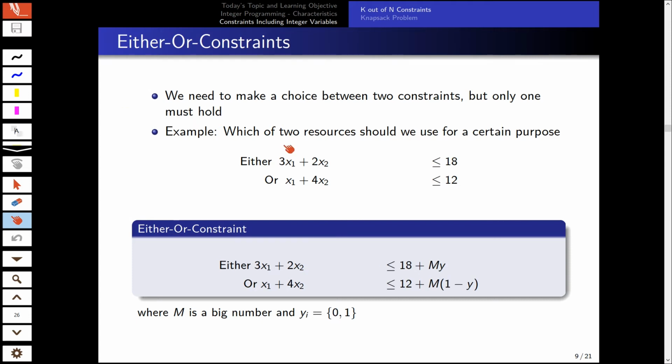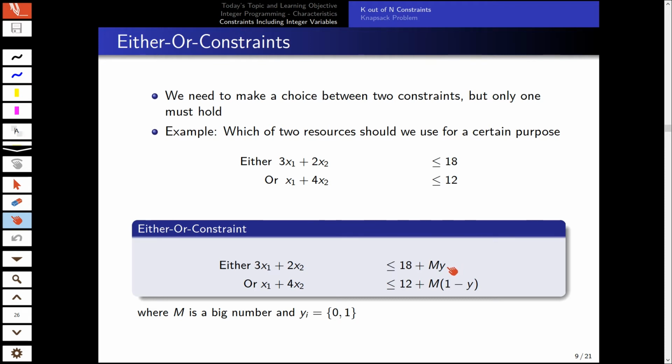For this example, we take the third plant and the second plant of our Wyndor Glass example. And now we want to impose that just one of these two holds and the other one is free for another purpose. So we can do this by modifying the right-hand side and adding a new term to it,